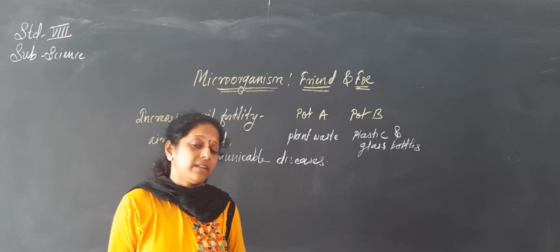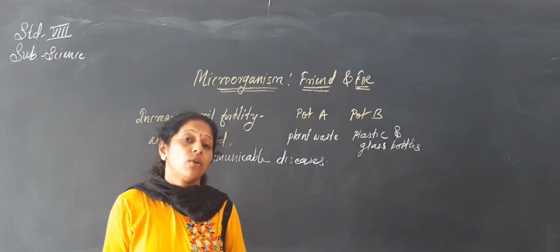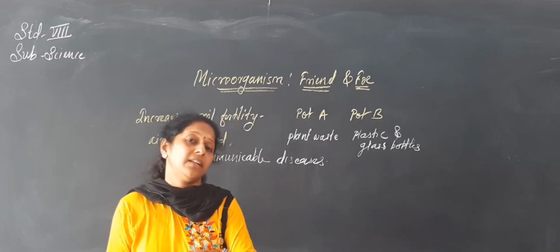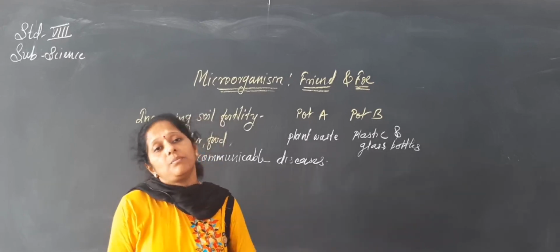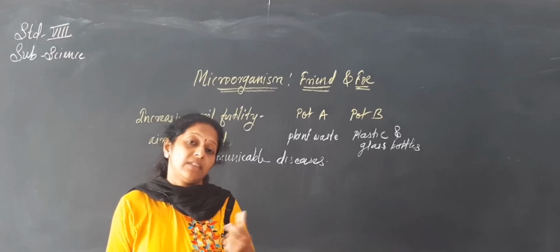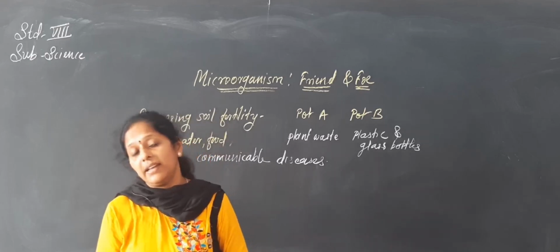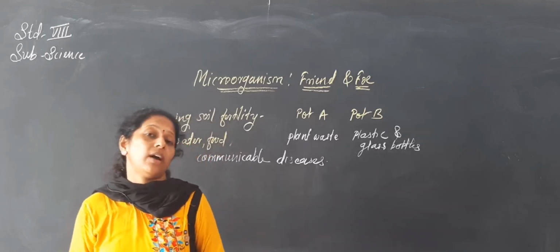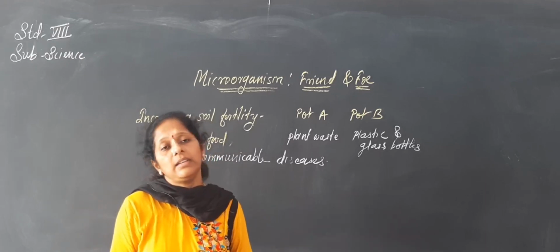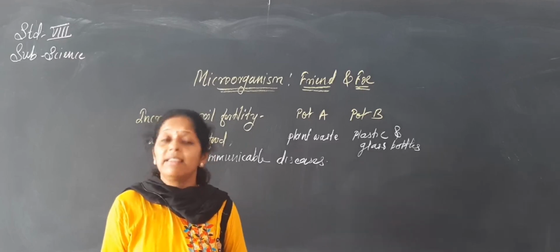Open food items which are not covered are there. The houseflies carry microorganisms attached to their body from the waste material to the food we eat. So don't eat roadside food, because houseflies are carriers of microorganisms and of diseases. Anyone who eats that food gets infected and gets the disease. So they are called carriers.